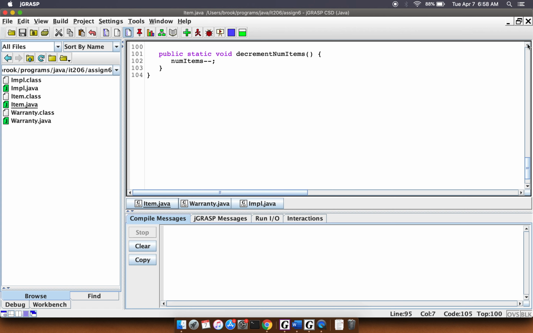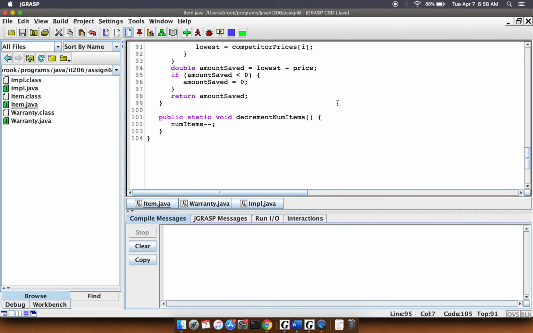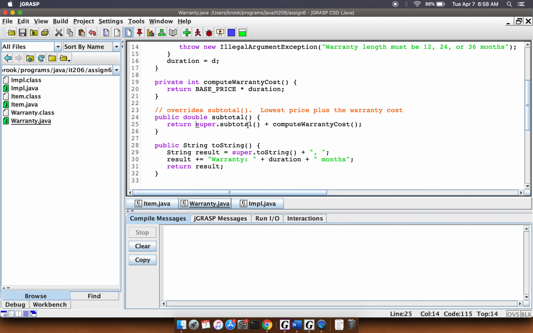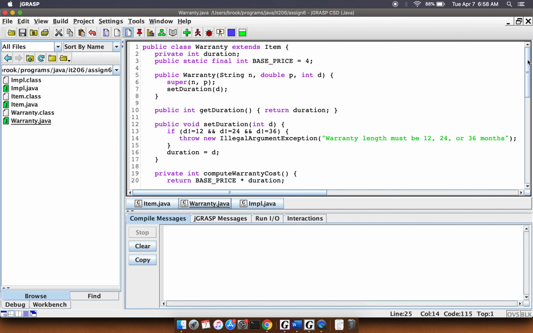there was one other. There's this decrement num items that's static. So this is if we delete something from our items array, then we need a way to reduce that static variable by 1. So that's what that is. We had this in a previous assignment. So now if we go over to the warranty subclass, we will see